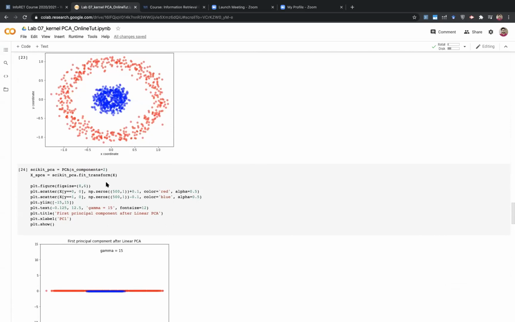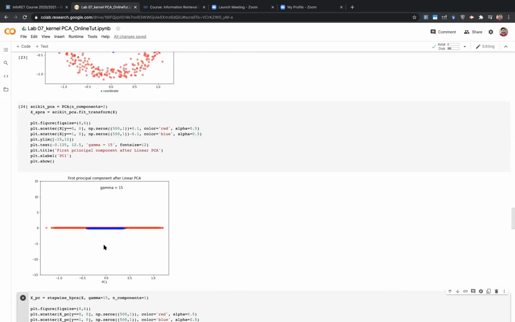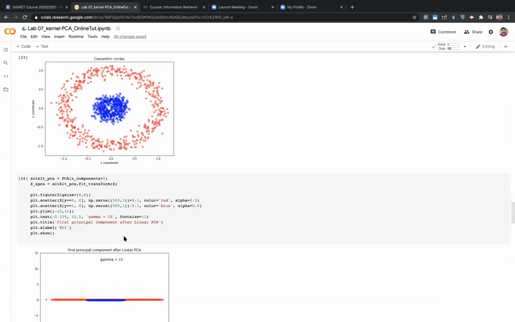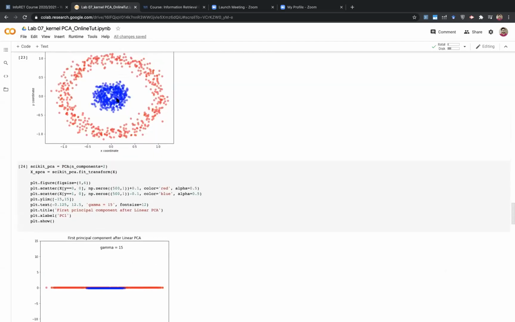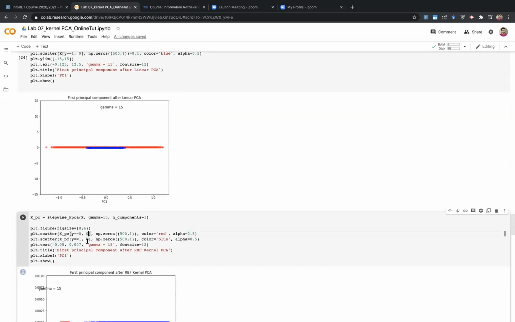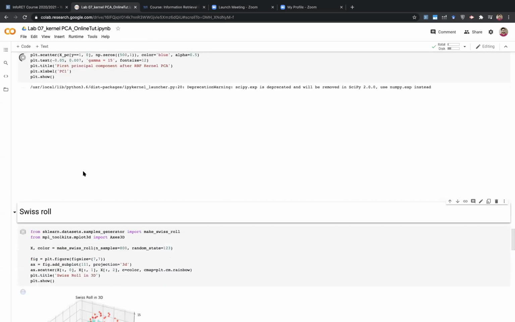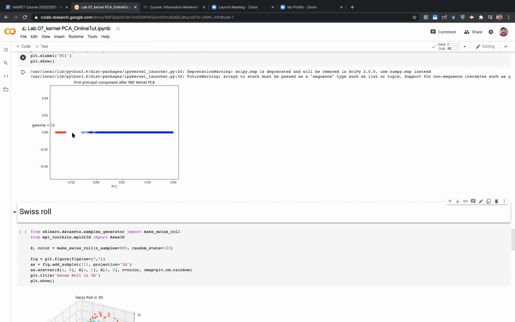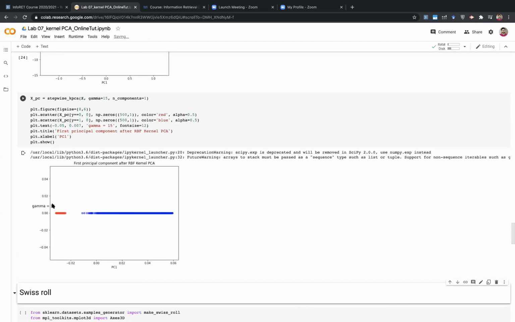So if you use a linear PCA, then actually there is an overlap. Linear PCA will not be able to distinguish between the two classes, the red class and the blue class. I mean, between these two clusters. And if you use this RBF kernel, then you can see that they are really well separated. Again, if you play with this gamma, they might overlap or they might not overlap, so this effect you have to see. But gamma equal to 15 is a good choice, and you play with it, and you are in a very nice